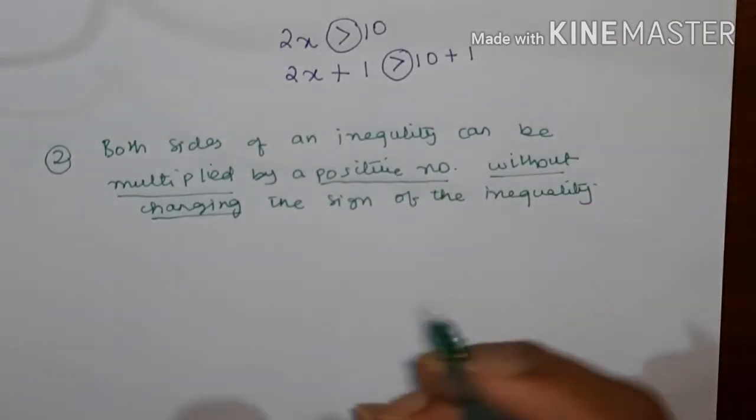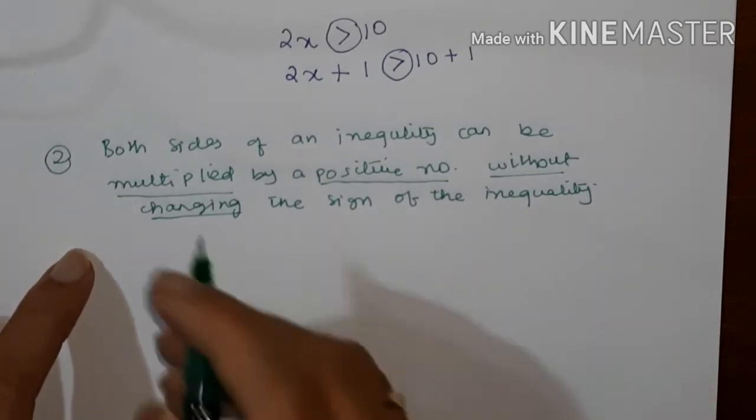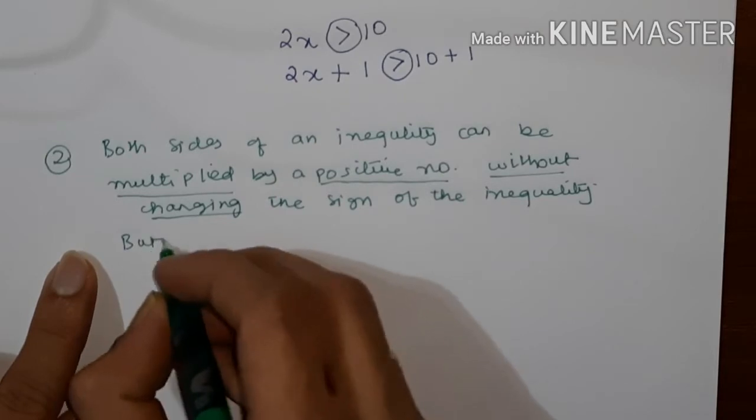So you can multiply both sides of an inequality by a positive number without changing the sign of the inequality, but